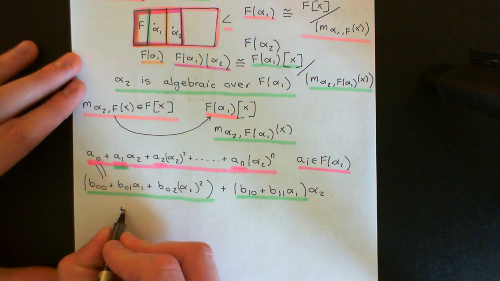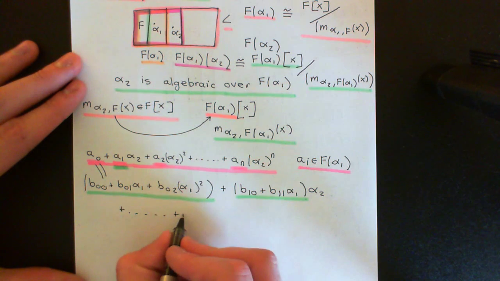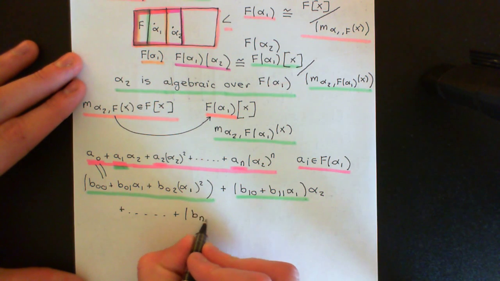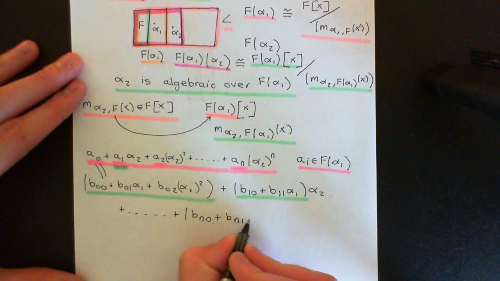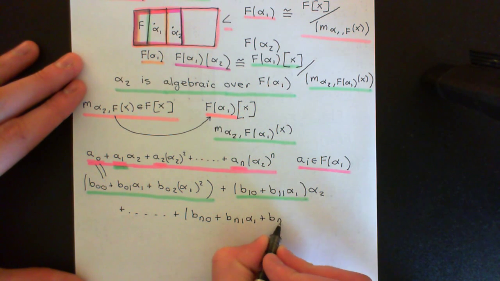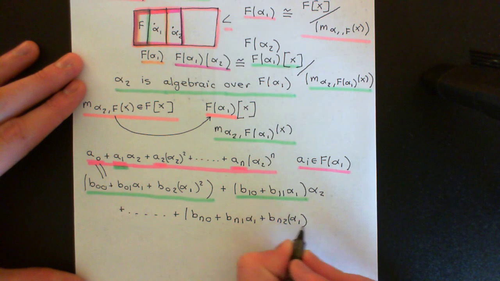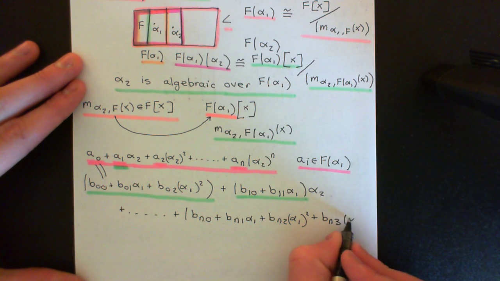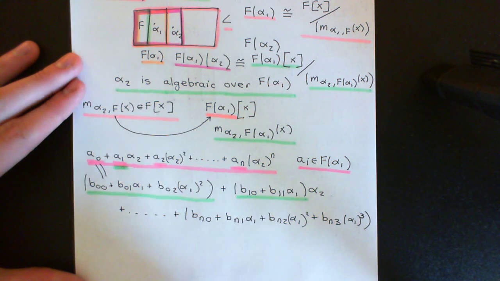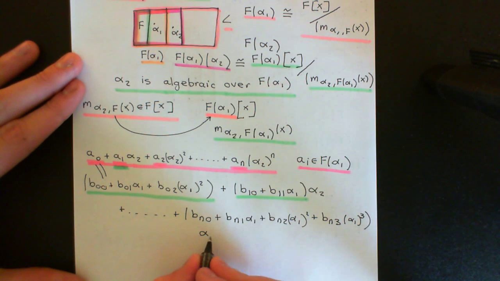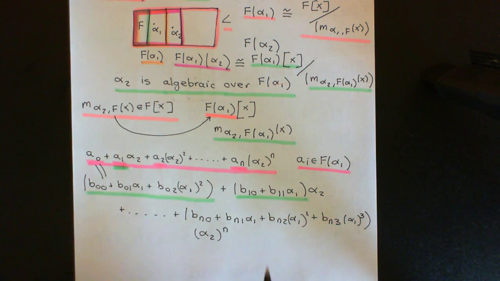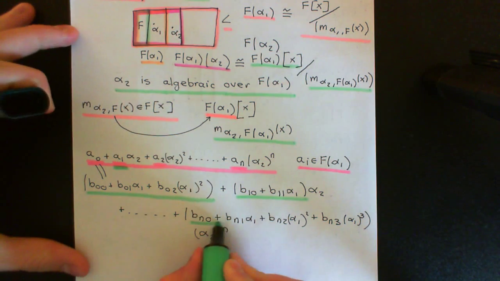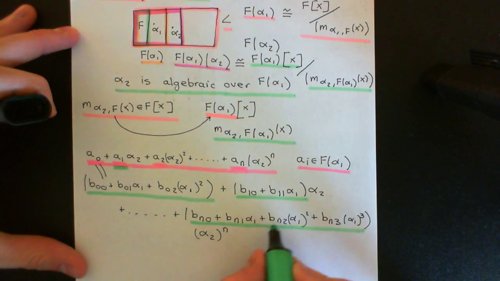And then we might go all the way up to an here, and let's say an looks like this: bn0 plus bn1 alpha 1 plus bn2 alpha 1 squared, and let's go up to degree 3, bn3 alpha 1 to the 3, and now I haven't got enough room, that was a bad idea, never mind, and it will all be in front of alpha 2 to the power of n. So what I'm trying to communicate to you here is that all of these coefficients themselves are polynomials in alpha 1. Okay, so here is one of the coefficients in front of alpha 2 to the n, which is a